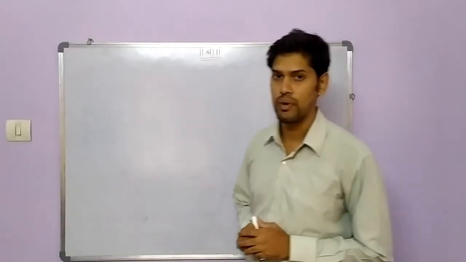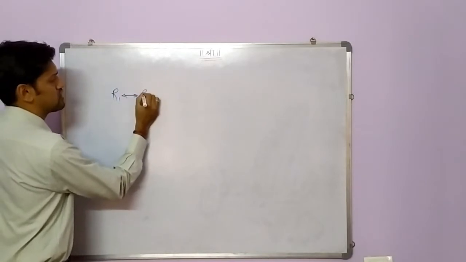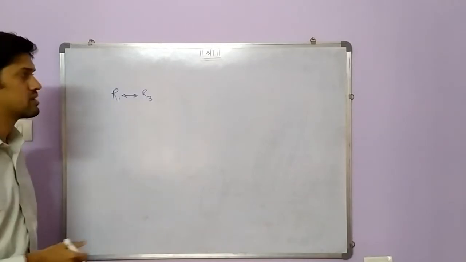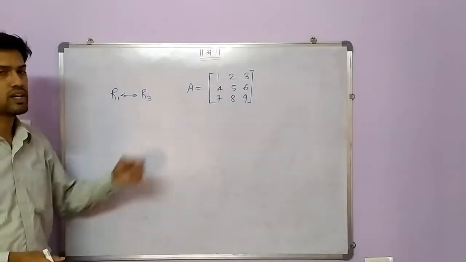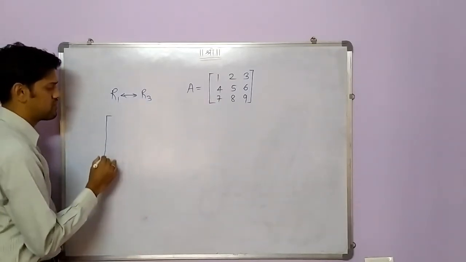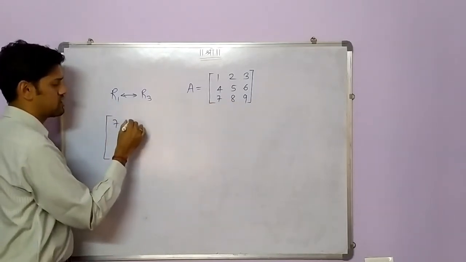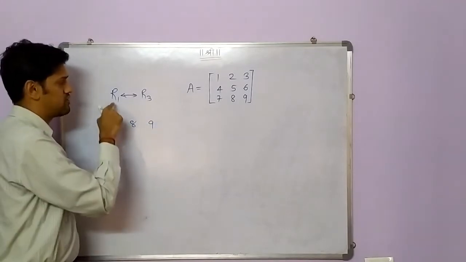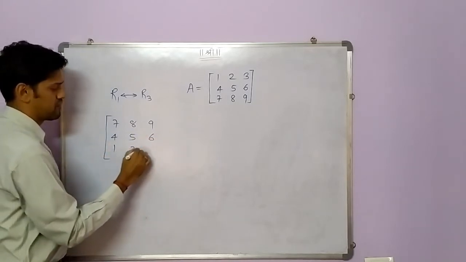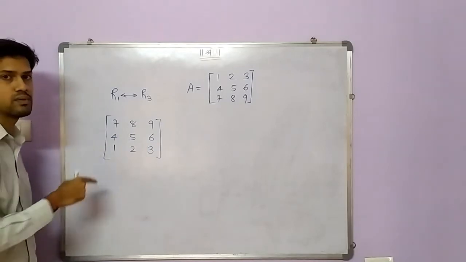The way this particular operation is written is, if I want to interchange row 1 with row 3, we will write it in this fashion. I'll show you this with an example. We'll take this particular matrix and perform this operation on it. Once that operation is performed, row 1 and row 3 get interchanged. The third row will come in the position of the first row, and the first row will go in the position of the third row. Please note that row 2 has not changed, only the first and third rows have been interchanged.